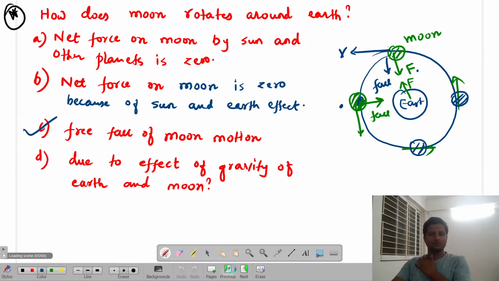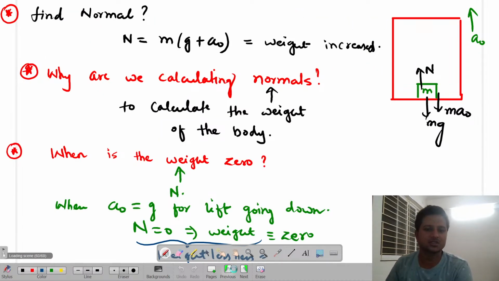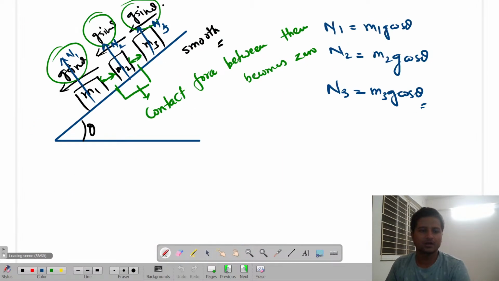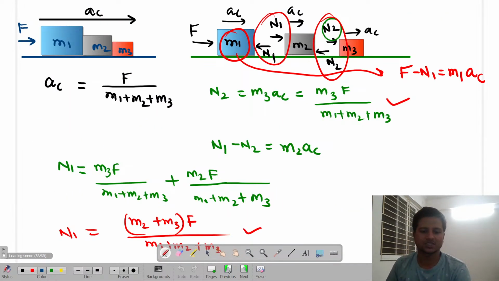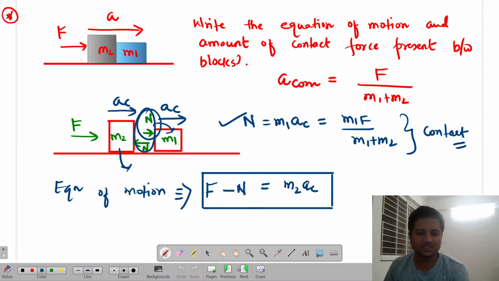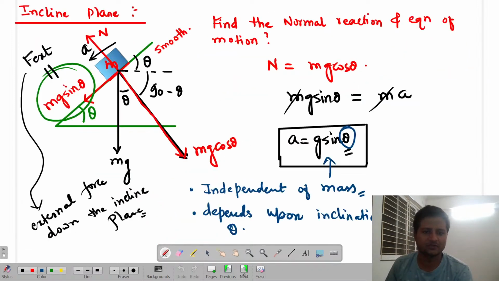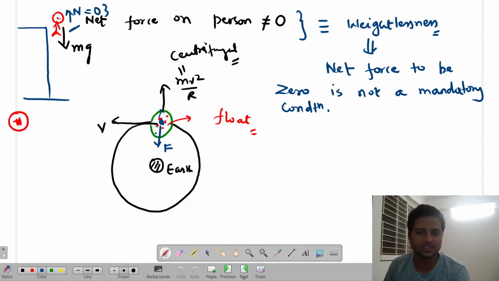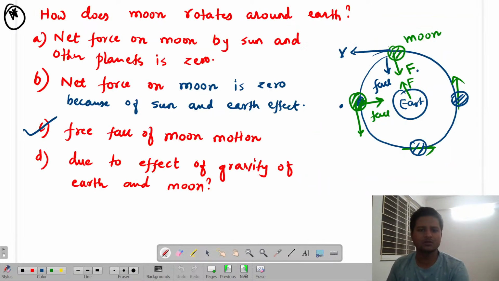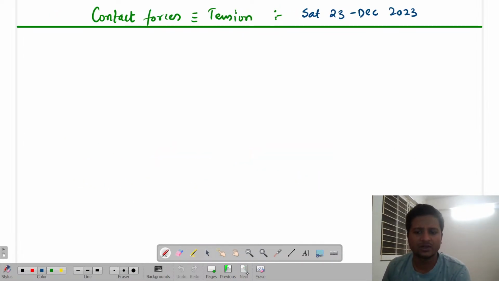Okay, so we completed so many things yesterday. We discussed free fall, flying off, inclined plane, pseudo forces, including even the masses and all. These kinds of categories we discussed in a much greater sense. We'll combine all those effects once again, and we'll come to the conclusion of one of the most important topics, and that is contact forces, which we call tension.